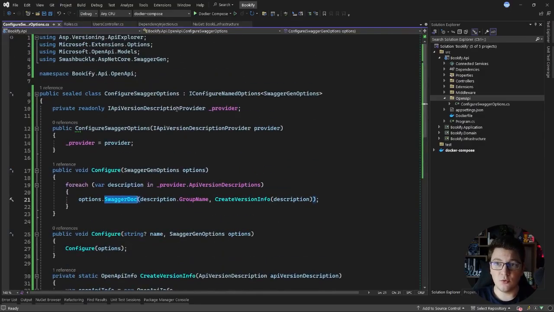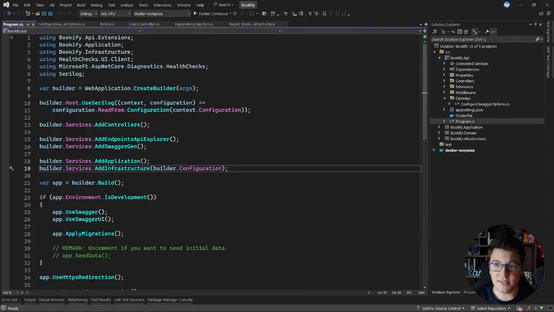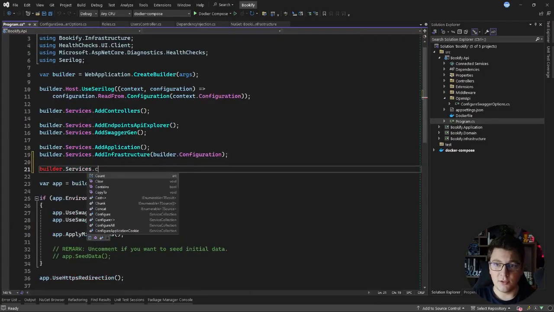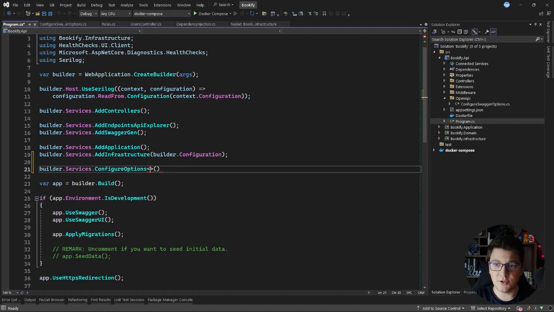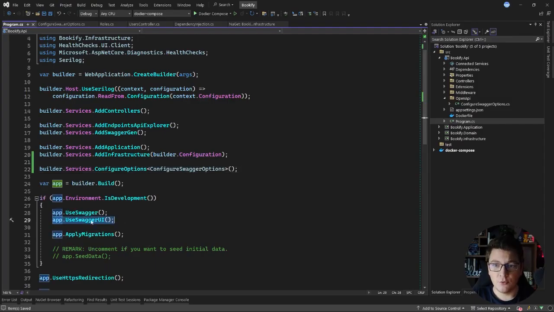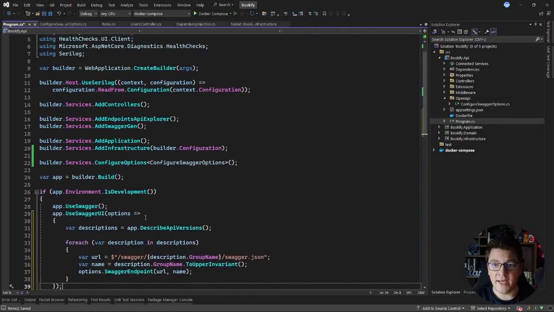Now we also need to run this configure options from our Program.cs file. So let's add that here. I'll say builder.Services.ConfigureOptions, and then we can pass in ConfigureSwaggerOptions, which is the class that we just implemented. The second thing we need to do is to update the call to UseSwaggerUI